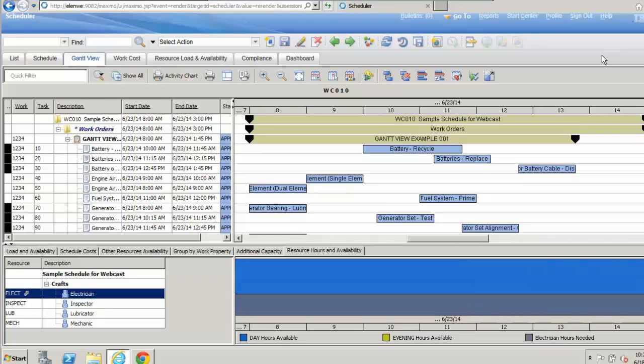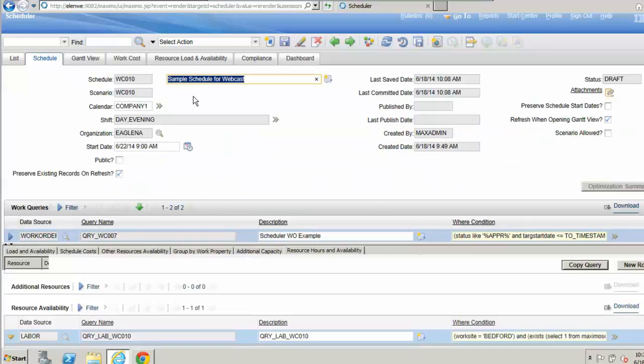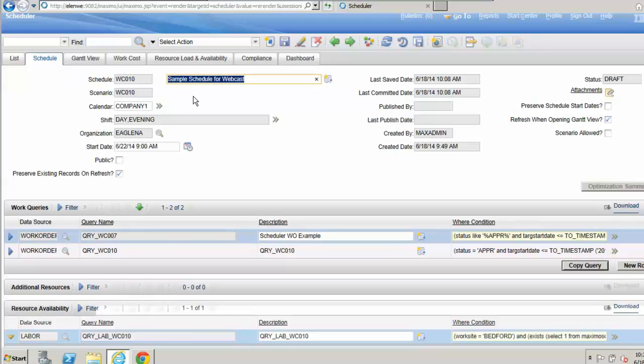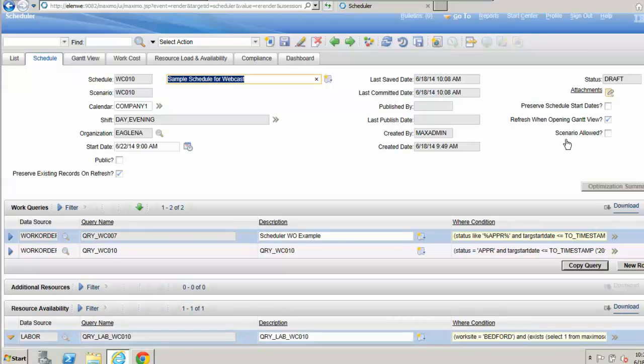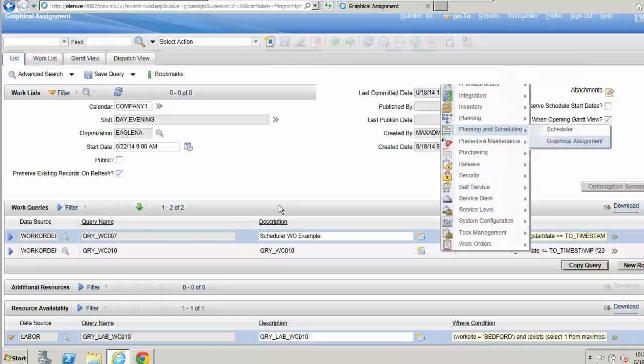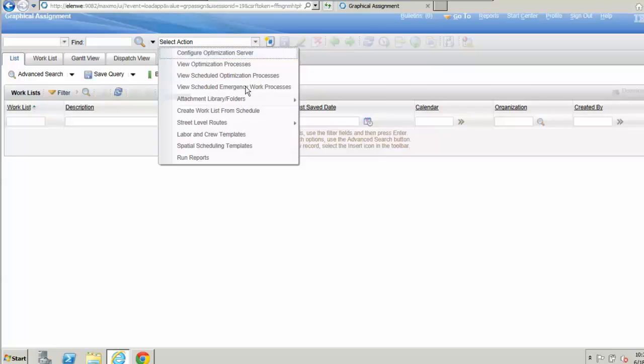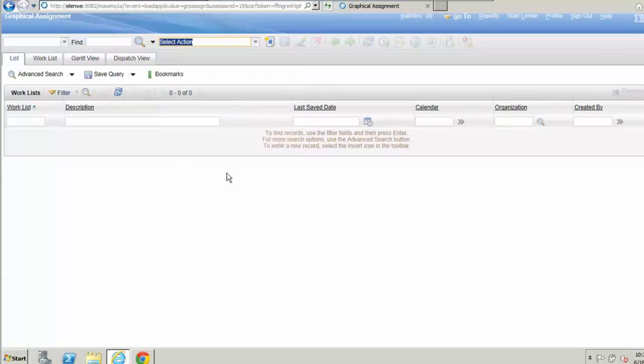All right. So now that we've set up our little Gantt chart, we need to assign some work. This is done by way of our graphical assignment. Now, in the graphical assignment application, you can assign work to your various trades. So I could go through and create a work list, which is what we call our graphical assignment objects, from scratch, but an easier way is to go to my select action and select Create Work List from Schedule. This leverages all the work I just did, so I can select my schedule that I just created, bring that in,